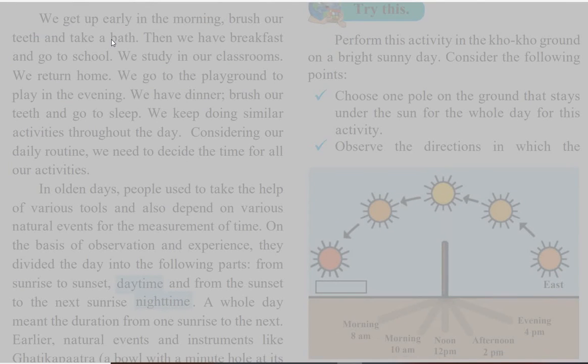Try this. Perform this activity in the school ground on a bright sunny day. Consider the following points. You choose one pole on the ground that stays under the sun for the whole day for this activity. You observe the directions in which the